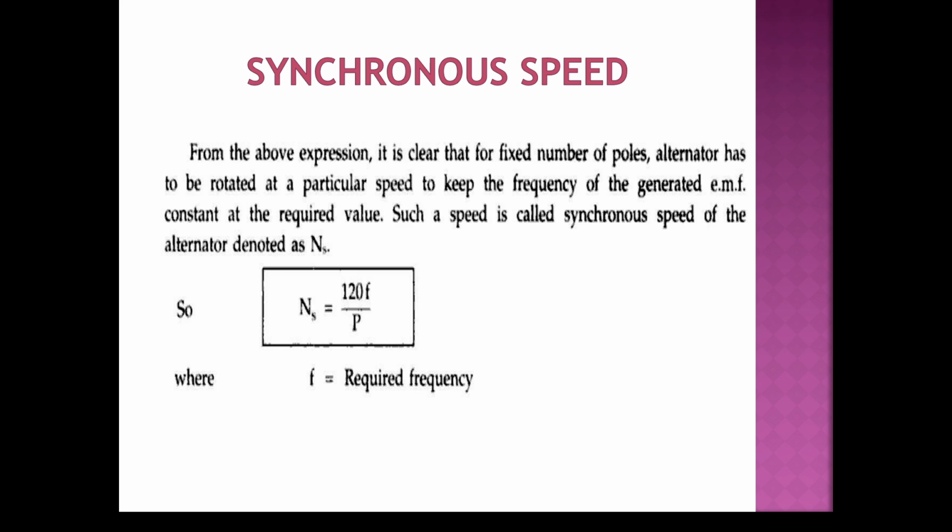So in the next class we are going to see the various winding terminology used in these alternators, that is, what is a turn, what is a coil, what is a coil side, what is a conductor. We are going to see all the winding terminology, and also the types of armature windings: single layer, double layer, concentrated, distributed, etc. So next class we are going to see all those.